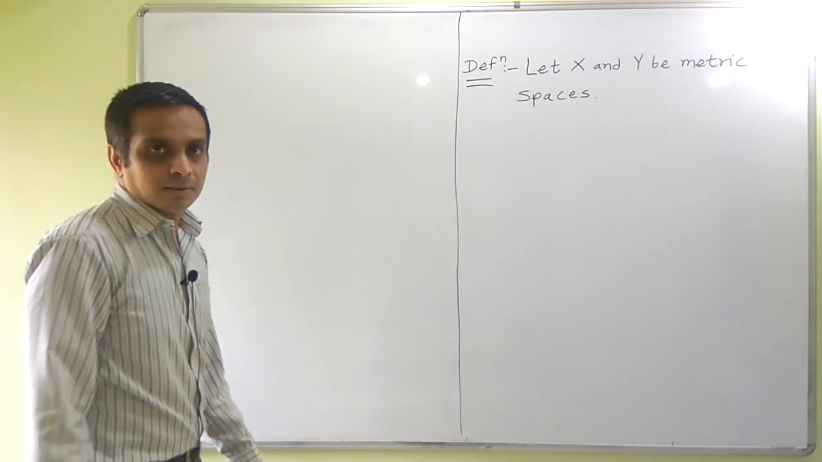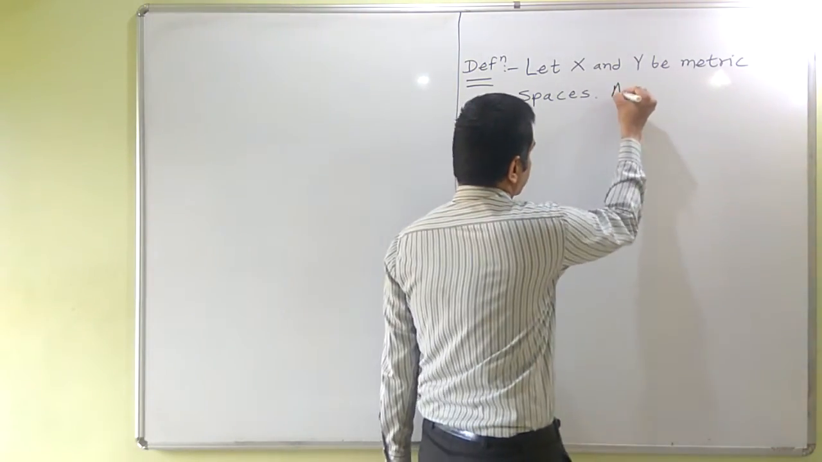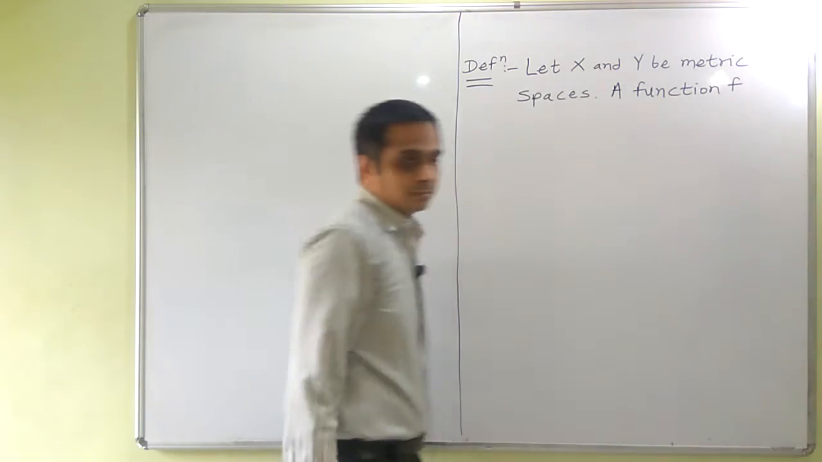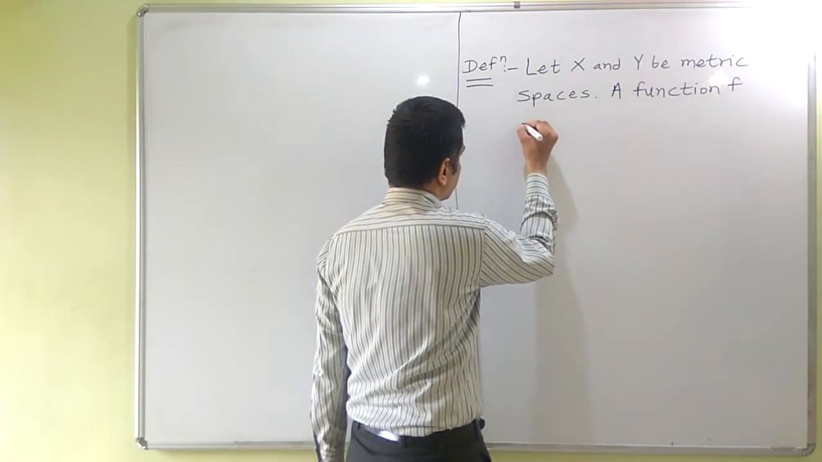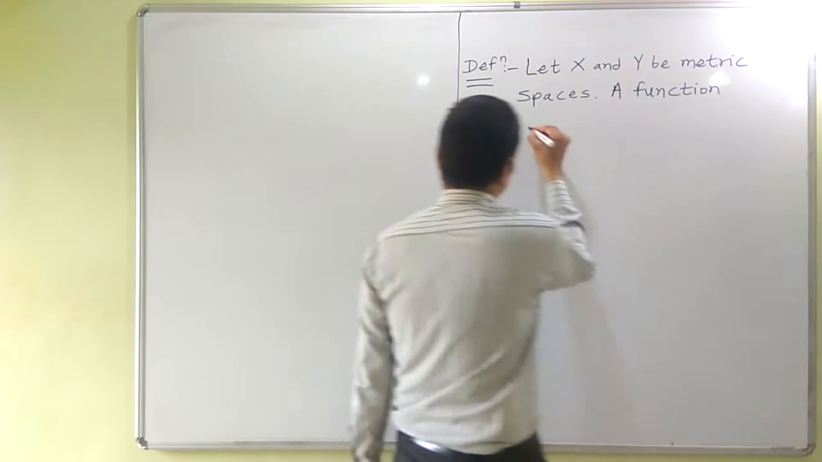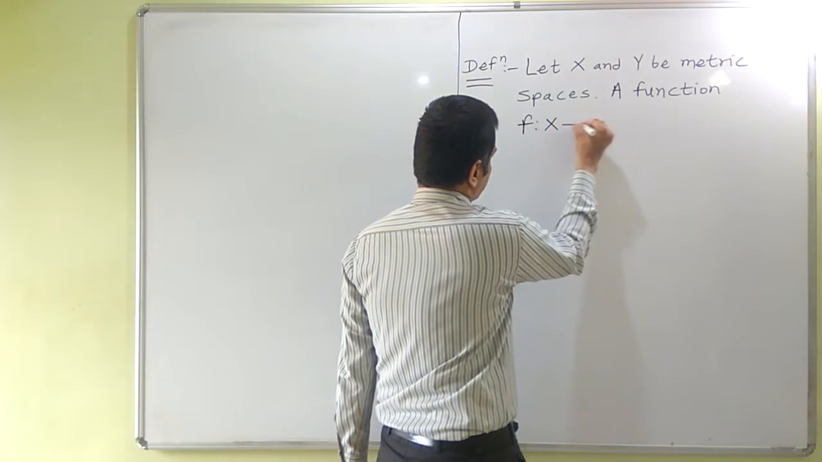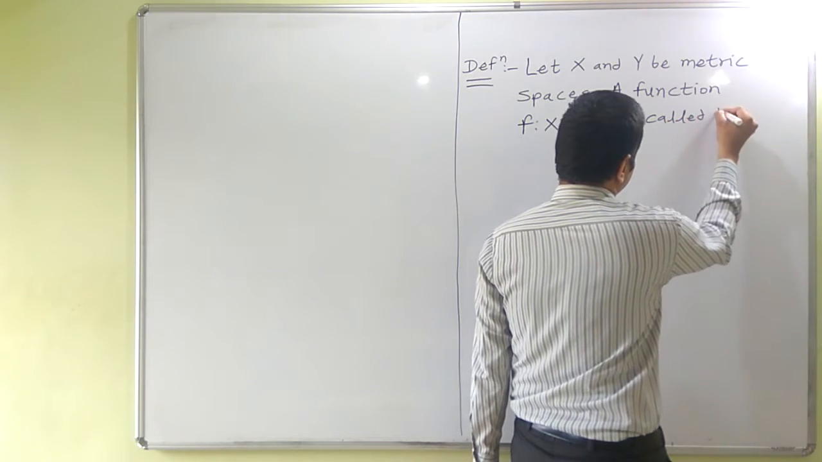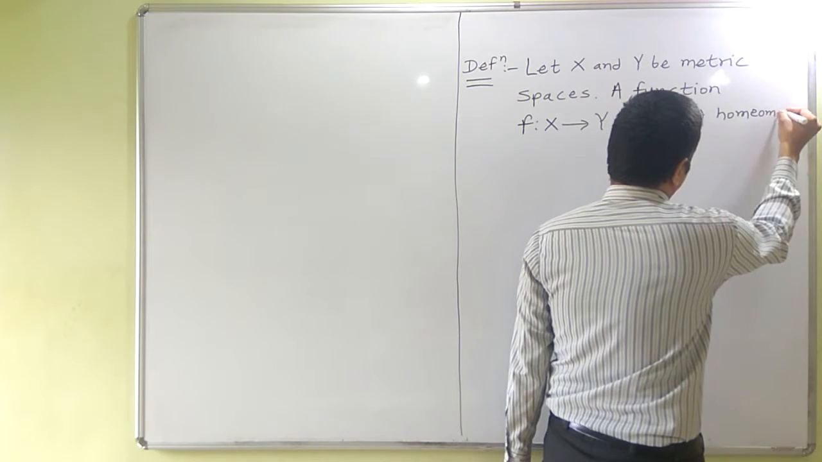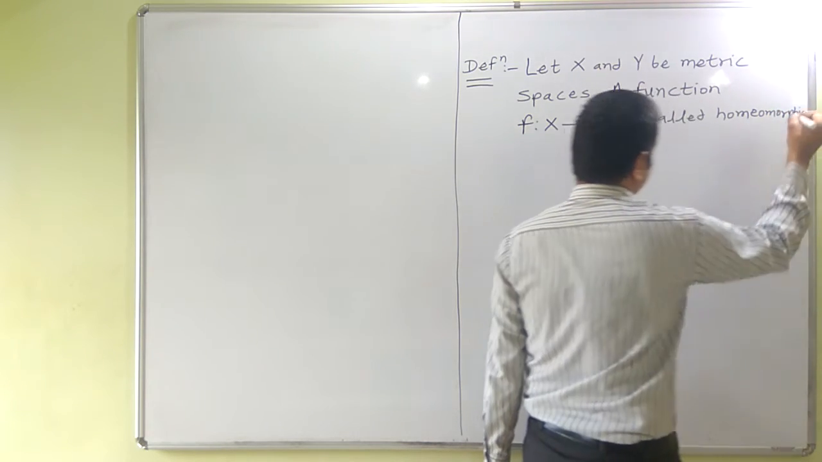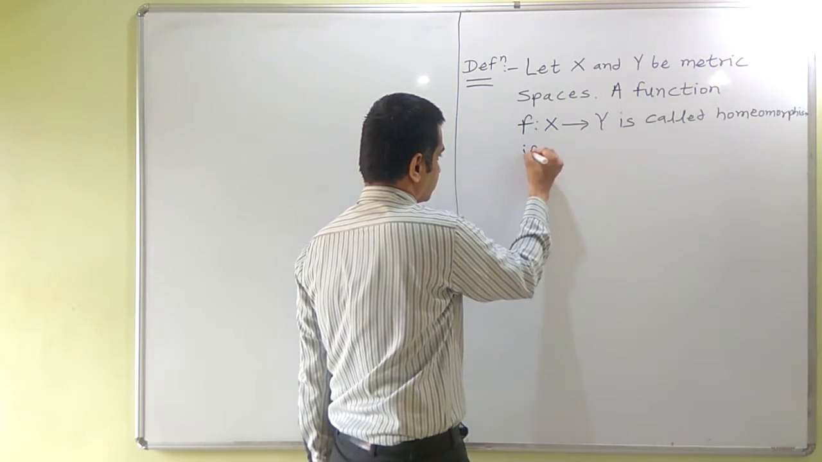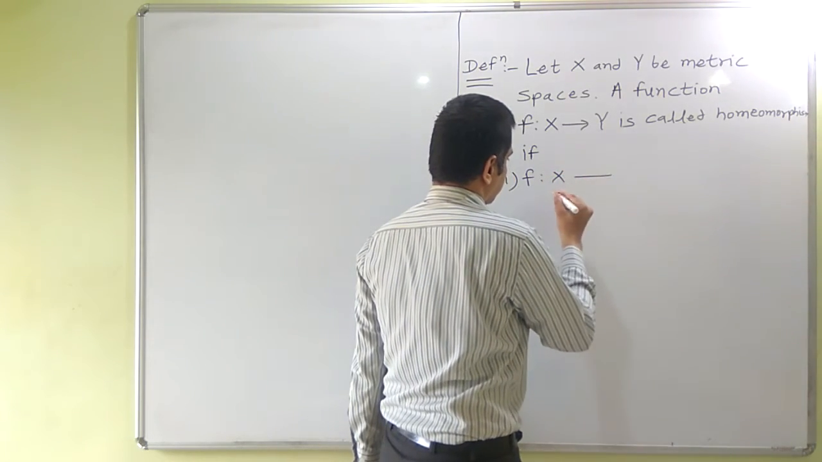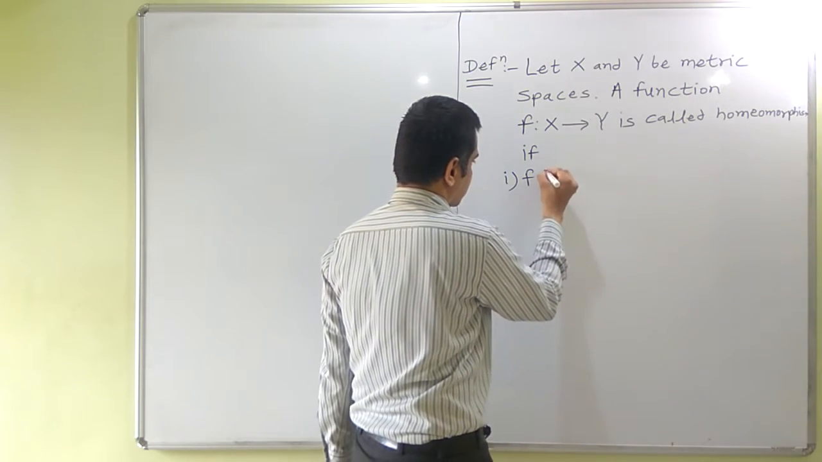A function f from X to Y is called homeomorphism if, first, f from X to Y is one-one,